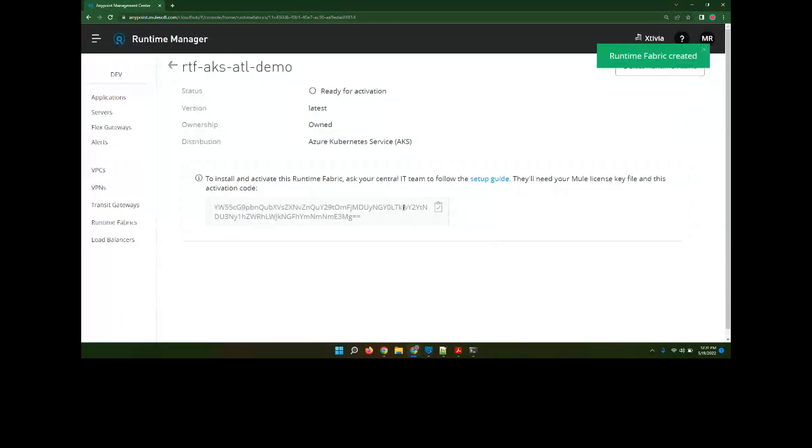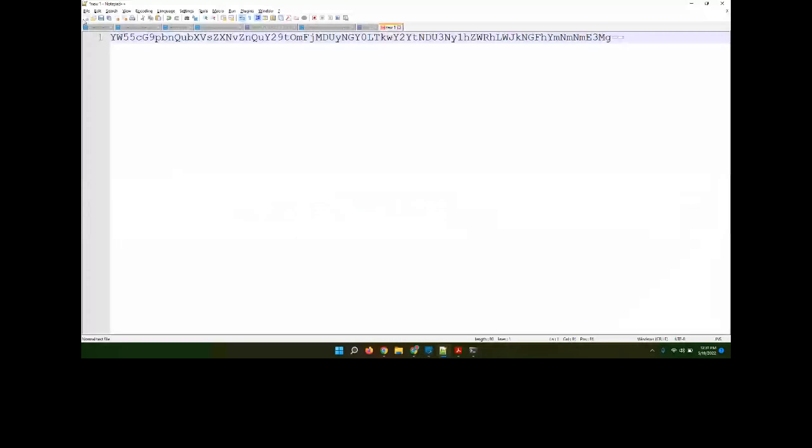Same thing like you do in the appliance. You create this, it will show ready for activation. Then you get an activation code. So copy that. Activation code, and